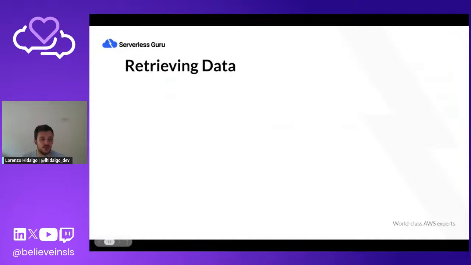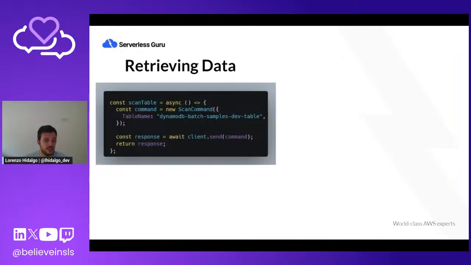And going to retrieving data. For retrieving data, something that most people will also fail to provide, or some issues that I've seen, is using scan commands like this. Okay, I see